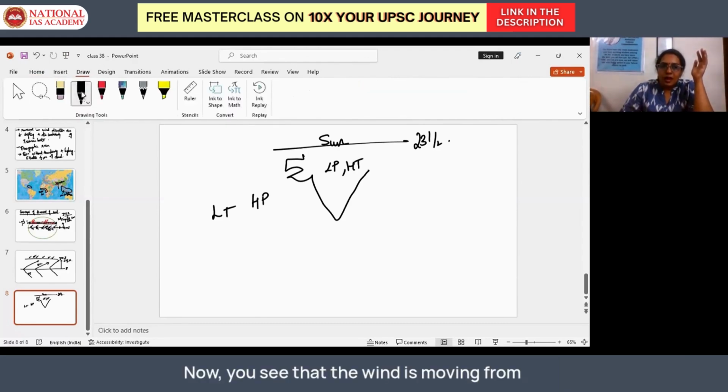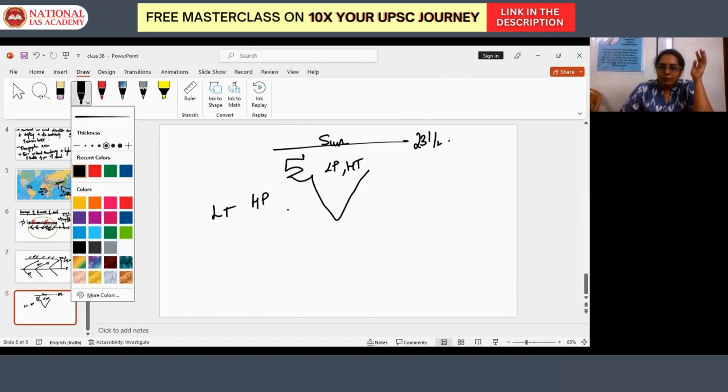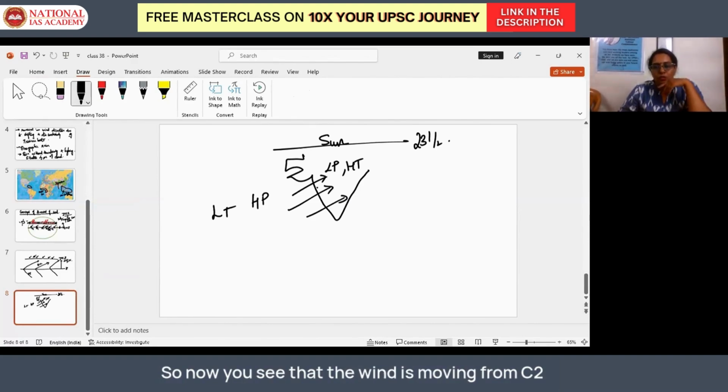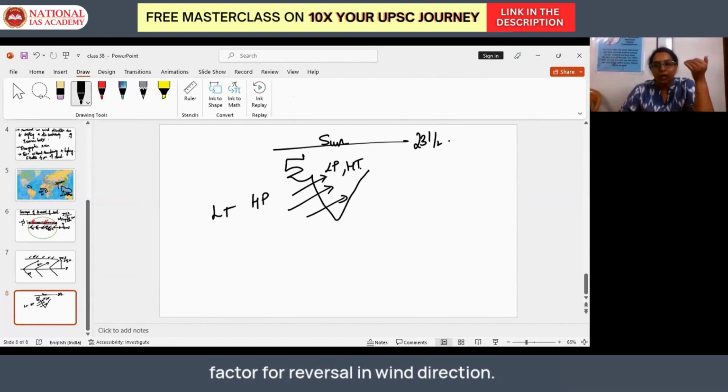Now you see that the wind is moving from sea to continent. So this also adds as an additional factor for reversal in wind direction. Okay, so local effect. This is called local variations in